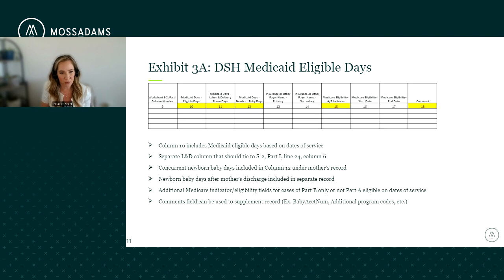Now, the issue with this is there's nowhere to place the baby's account number. There's no field to populate. So what we've been doing internally is adding notes to the comment field you see here in column 18 that includes the baby's information as well. And then let's say that baby has another stay within a year where you can still count that baby as a presumptive eligible baby. We would add a secondary record just for the baby's stay and report those baby days in column 10 with another note associated with the mom's account number, so we can note where that information is coming from.